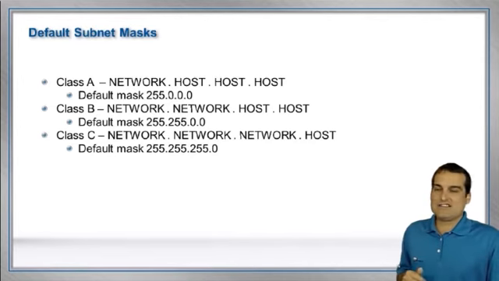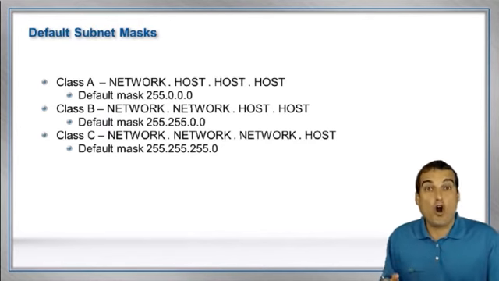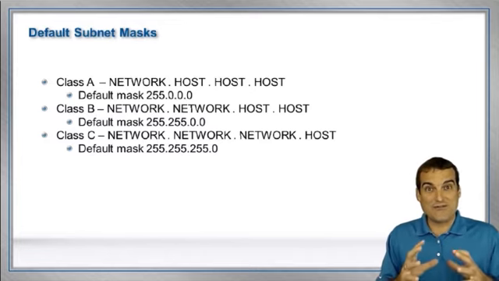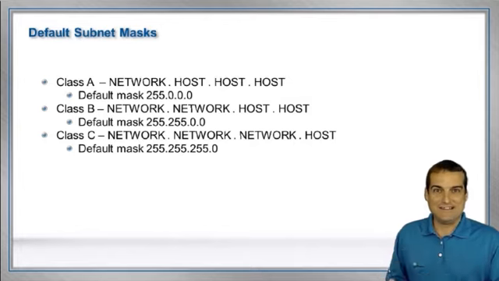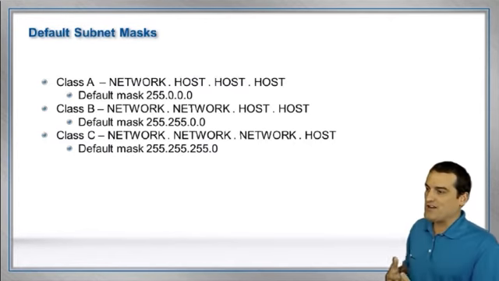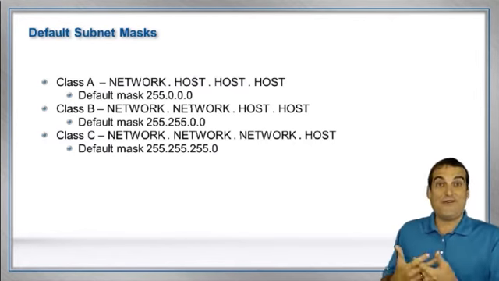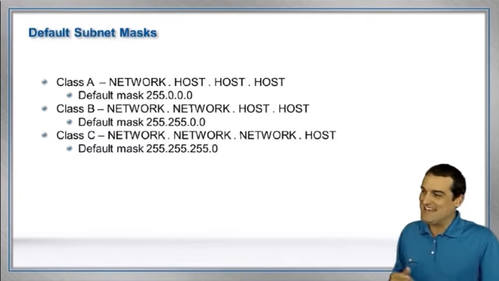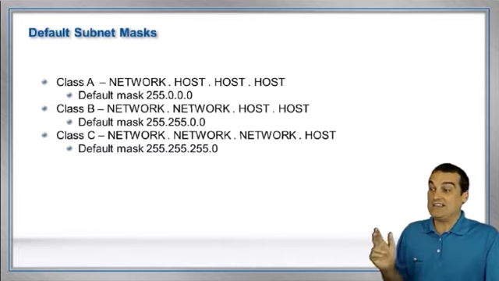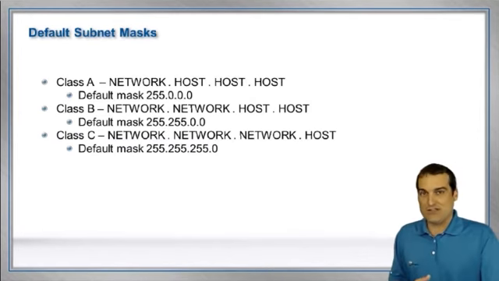The default mask for the Class A is all ones in the first octet of the subnet mask, thus 255.0.0.0. For a Class B, it's 255.255.0.0. Sure enough, the network bits and the host bits. And then for the Class C, it's network, network, network, host. So it's